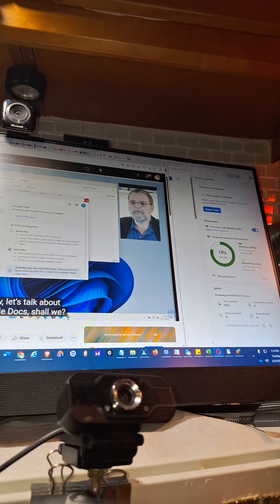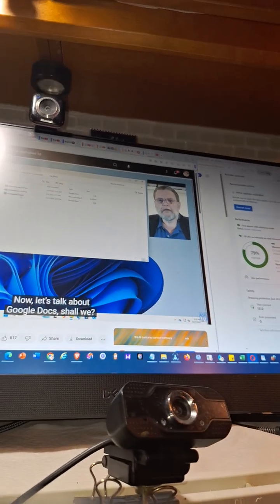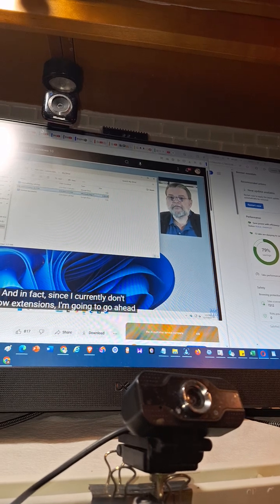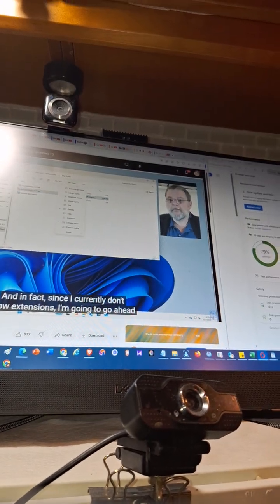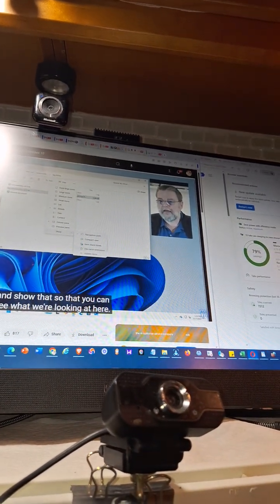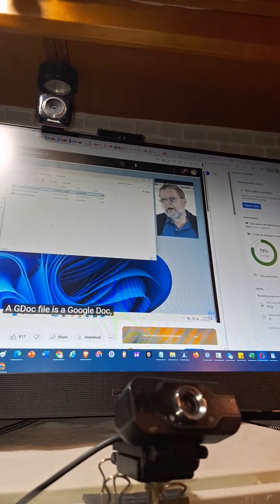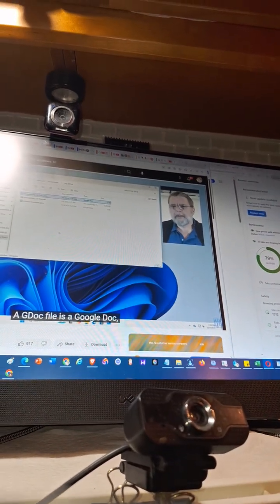Now, let's talk about Google Docs, shall we? You'll notice that this is a PDF file. And in fact, since I currently don't show extensions, I'm going to go ahead and show that so that you can see what we're looking at here. A GDoc file is a Google Doc. But